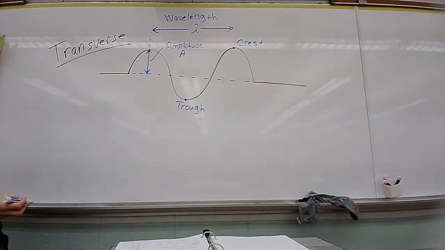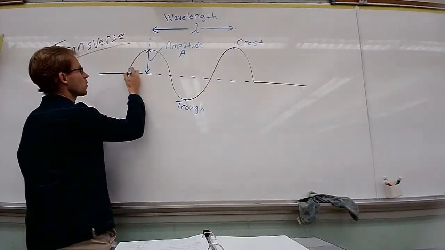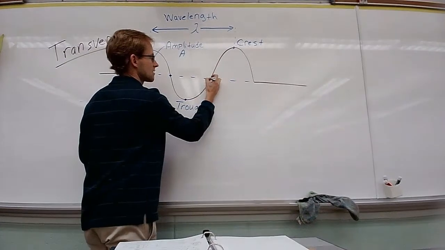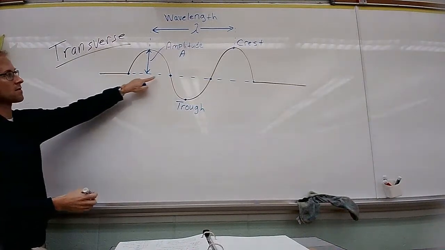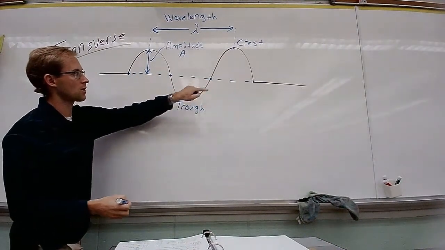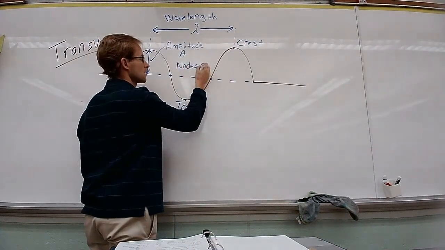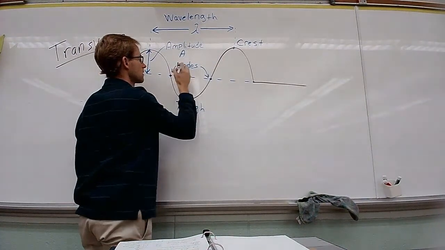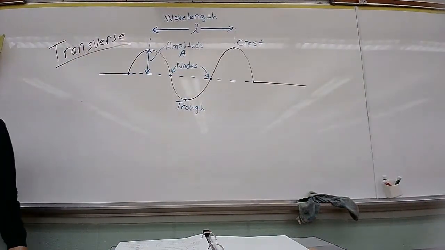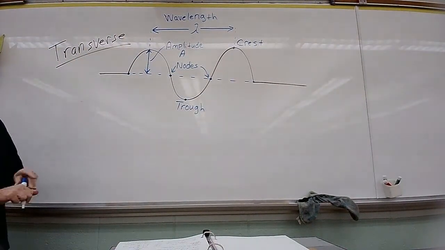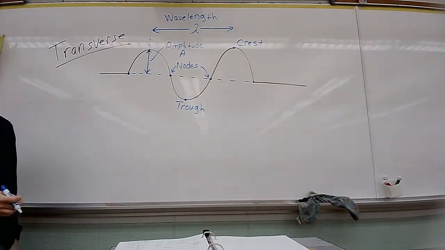Just a few other things that I need to mention with respect to this, and that has to do with these points right here. You can see there's that little dotted line going right down the middle. The spots on the wave that are in that middle location are called nodes. N-O-D-E-S. So that would be a node, that would be a node. Probably the least important thing about this is something called an antinode.